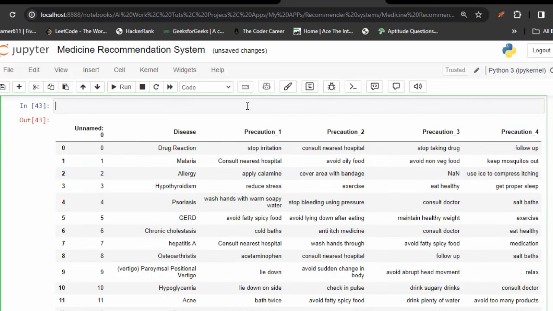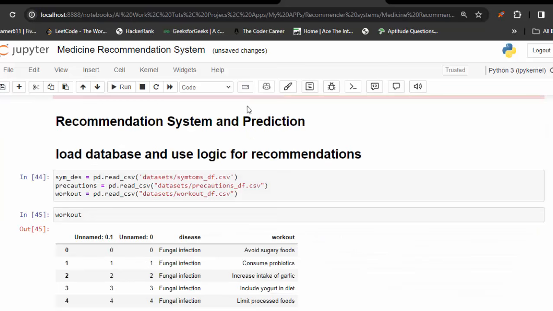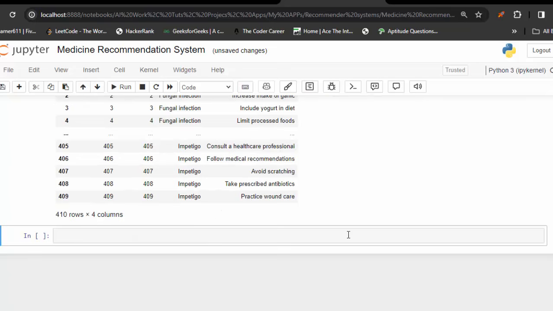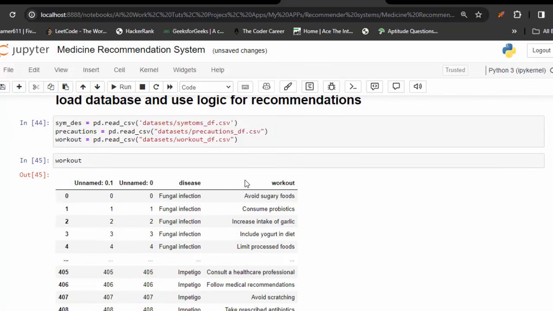Now workout, I am showing you each data set separately because it's very important when we will implement a lot of code here. You need to understand all these data set very carefully. So again, disease, these are all the similar disease name, and workout. So fungal infection, okay, अगर disease है fungal infection, then our system will recommend in workout avoid sugary foods. फंगल इन्फेक्शन में कंज्यूम